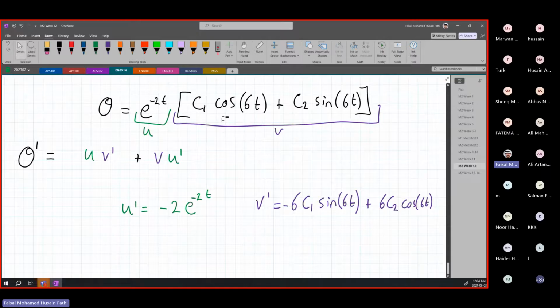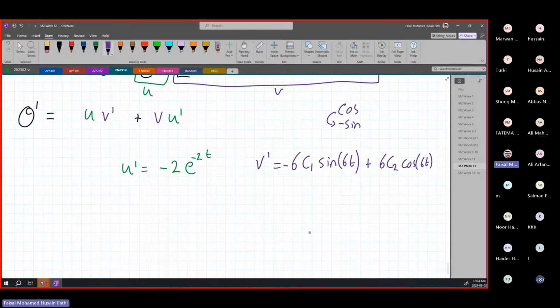It's just a constant. It stays the same way. Cosine becomes minus sine, and sine becomes cosine. Minus 6, again, the minus 6 here is because cosine of anything, the differentiation of it is minus sine. But we have to multiply the whole thing by minus. Okay? So cosine becomes minus sine. That is why we put a minus 6 here. Okay? So now we can find our